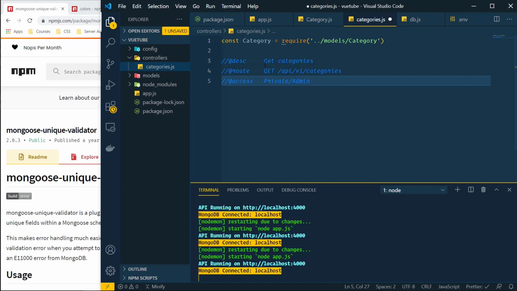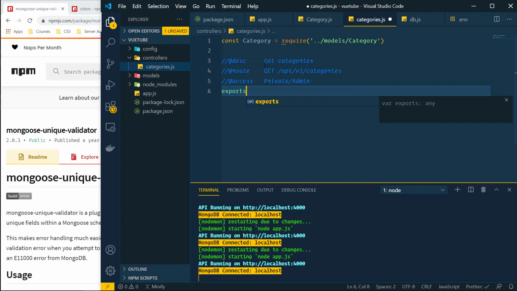But you can create your own categories in YouTube. YouTube provides the categories for us. So this category is going to be created by an admin user. What we're trying to do is set up the base project so that we can move further from there. So here I can say we want to export the get